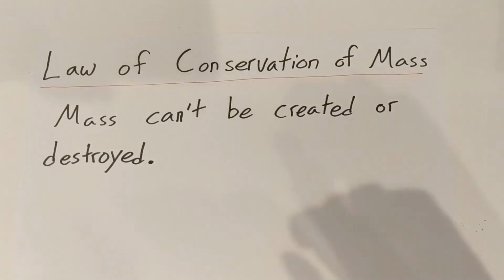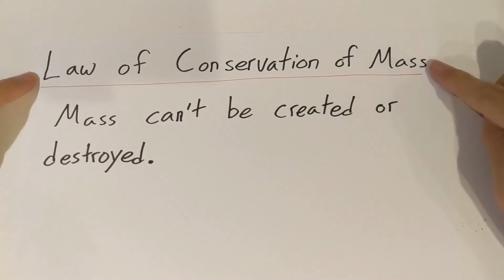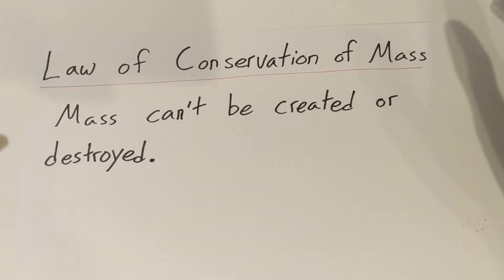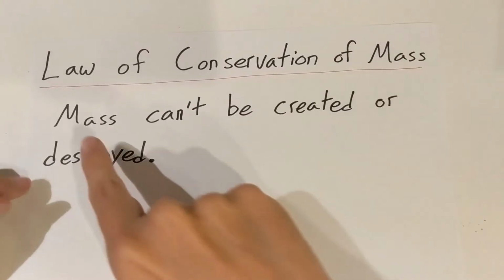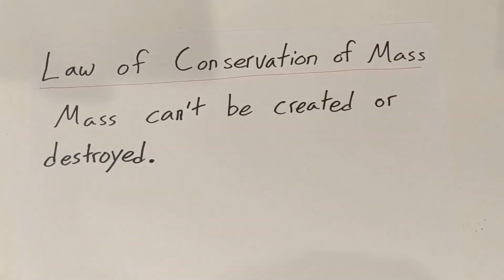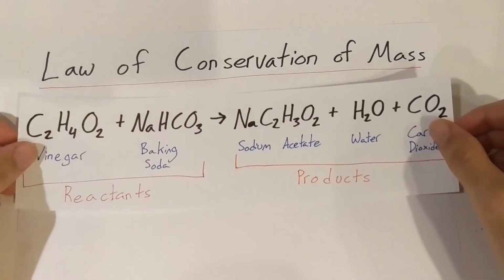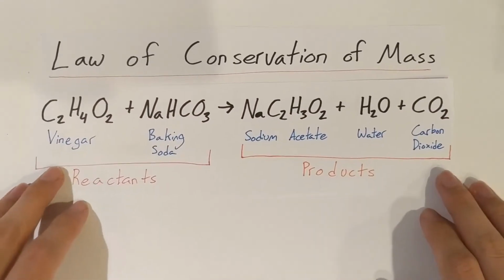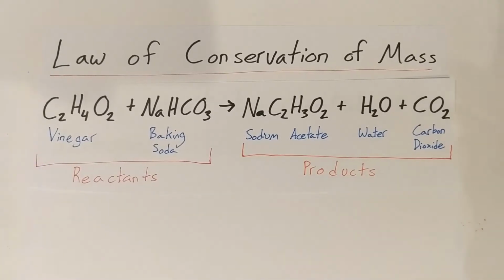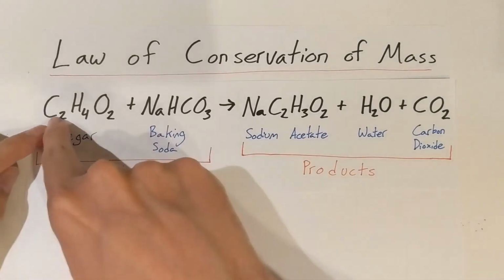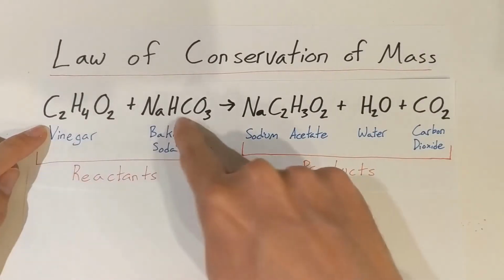Alright, so in today's video, we'll be taking a look at the law of conservation of mass. That's just a fancy way of saying that mass can't be created or destroyed. So if you start with a certain amount of mass, after a chemical reaction happens, it has to be the same amount of mass. So we're going to do a little lab that's going to involve a chemical reaction. And just for some vocab words, what I wrote in black, all these chemical formulas,